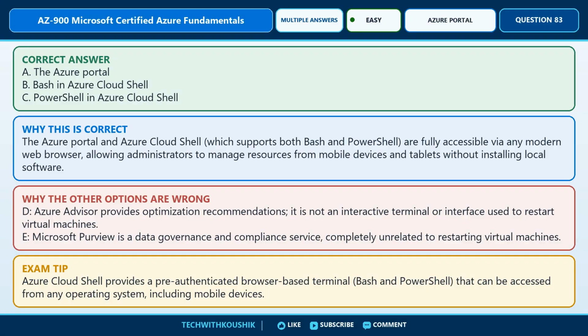You should choose option A, the Azure Portal, option B, Bash in Azure Cloud Shell, and option C, PowerShell in Azure Cloud Shell. This is the best choice because the Azure Portal and Azure Cloud Shell, which supports both Bash and PowerShell, are